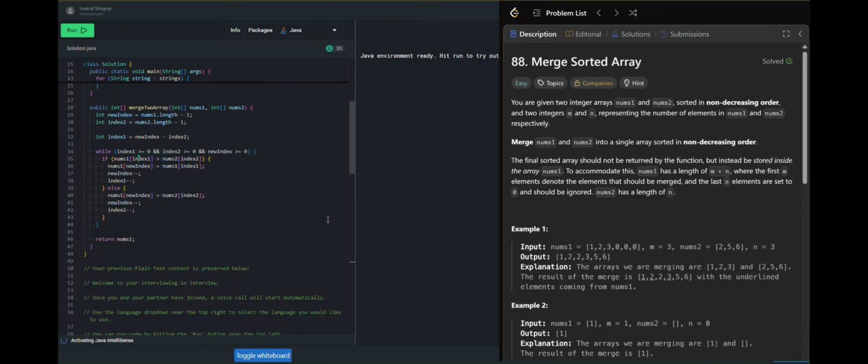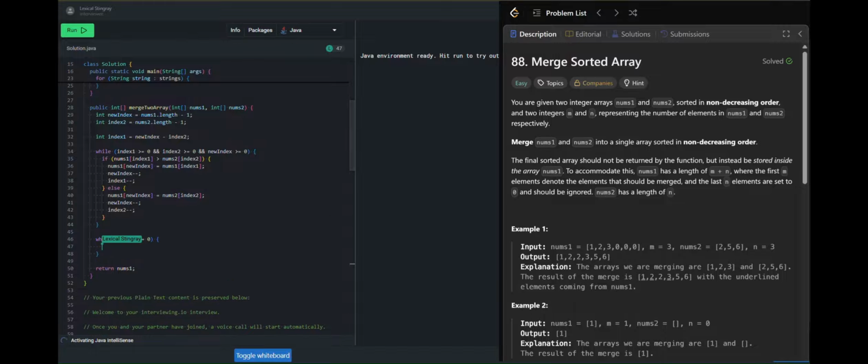Otherwise we are assigning nums2 with index 2, new index decreasing, index 2 is decreasing. Okay, now after this, while index 2 not equal to